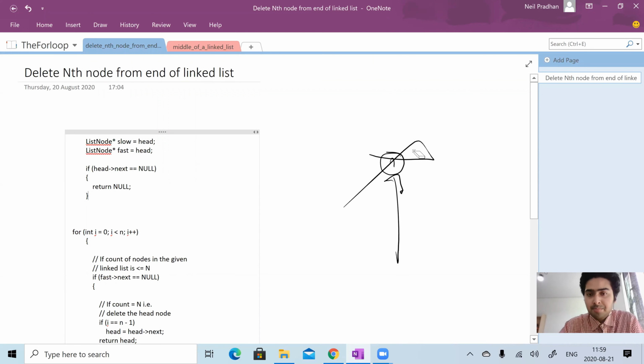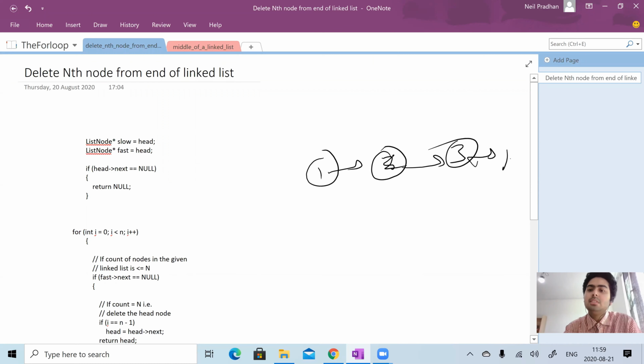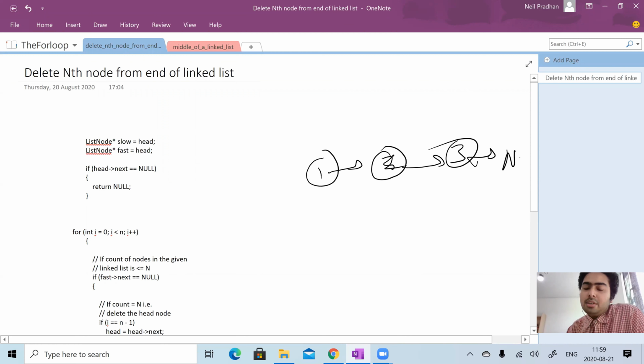That's understood, right? Now guys, if we have, let's say, 1 2 and 3, for no loss of generality, we'll assume this. Now we need to find the nth node from the end of a list. How will you approach this problem? How will we come up with this code? So n is, let's say, 3. How do we solve this? N is 3 means the third node from the end.